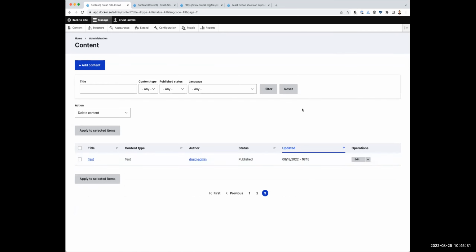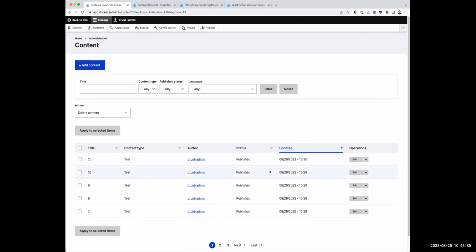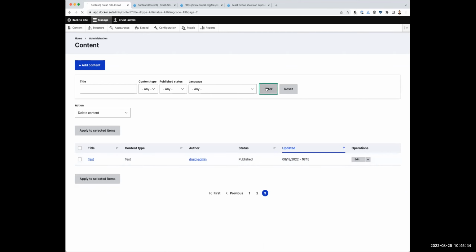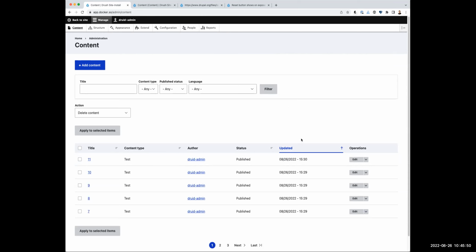And the problem is that inside the issue there isn't the reasoning why that functionality was brought in for reverting to page 1, or why it's behaving like it's behaving and what the intention was. That's the problem. But I think basically the reset button inside that field set should only reset those: title, content type, published state, and language. But the functionality itself for going back to page 1, maybe in a follow-up or in a separate issue, would